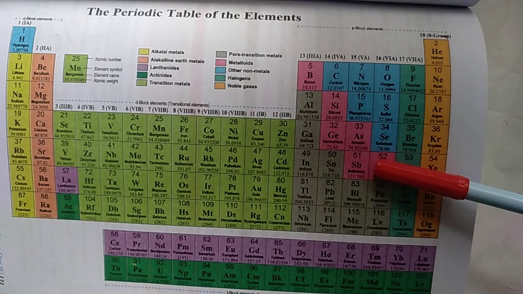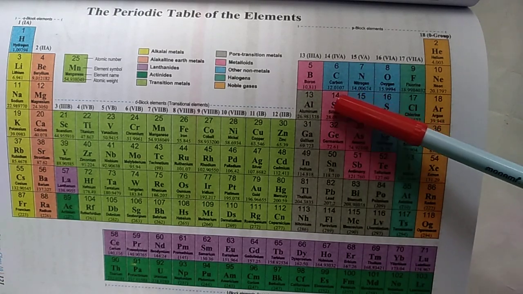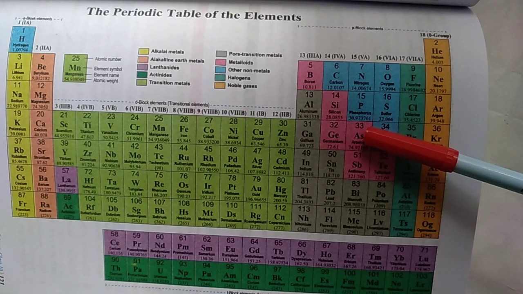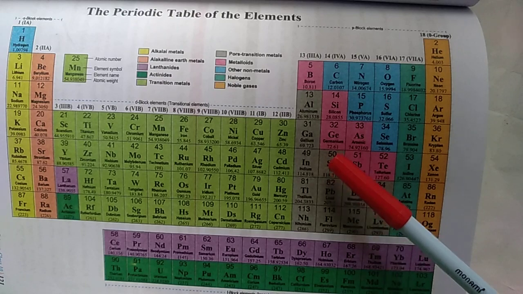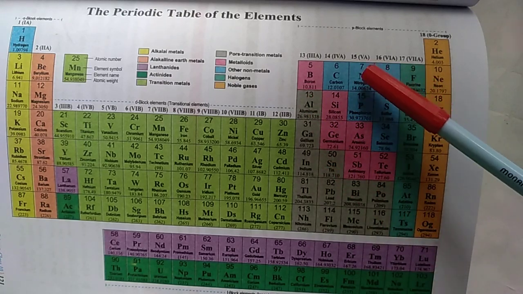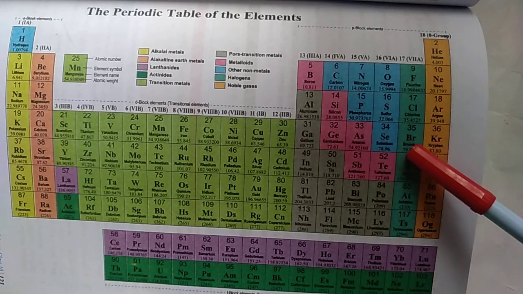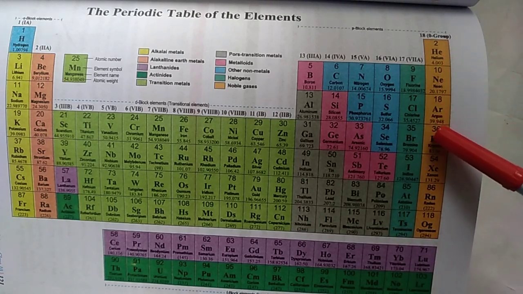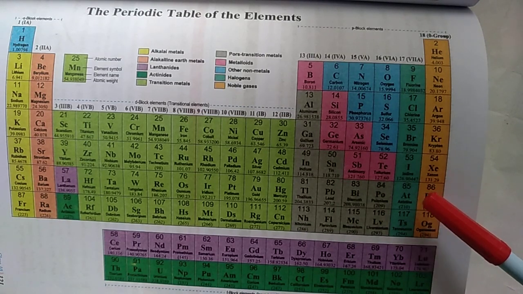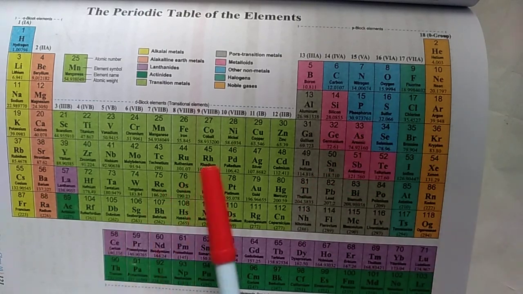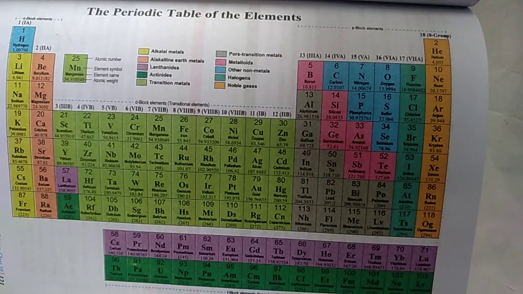These pink color are metalloids. Okay, silicon, germanium, arsenic are the examples of metalloids, and these are aluminium and other elements are metals. Tin, aluminium you can see. Okay, and these blue color non-metals, green color this one non-metals, and even group 0 elements are non-metals. So P block has all kinds of elements: metal, non-metal, metalloid. Group D elements are metals. These are also heavy metals. So these are the metals, non-metals and metalloids.